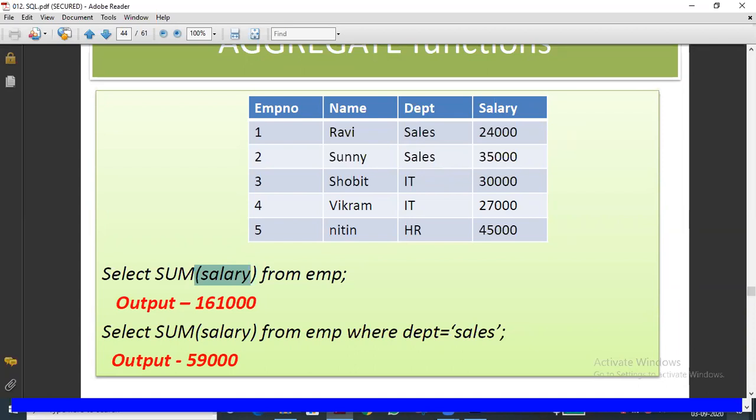So the owner of the company may find the difference between the amount they spent last year and how much they are spending for this year's salary. So 50,000 they are giving extra to the employees in the company. What is the profit we are getting?